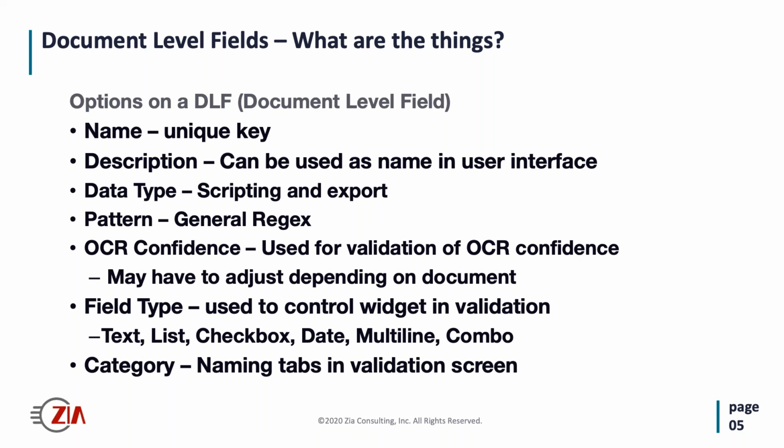And so it could be 100 if you just had something like dot splat, just find anything. So if it found a single character, it would be 100. But it could be something that has a partial match, and you're looking for 2 digits, but it found it in an 8-digit number. Then that would be a 25% confidence. So this one is the OCR confidence.